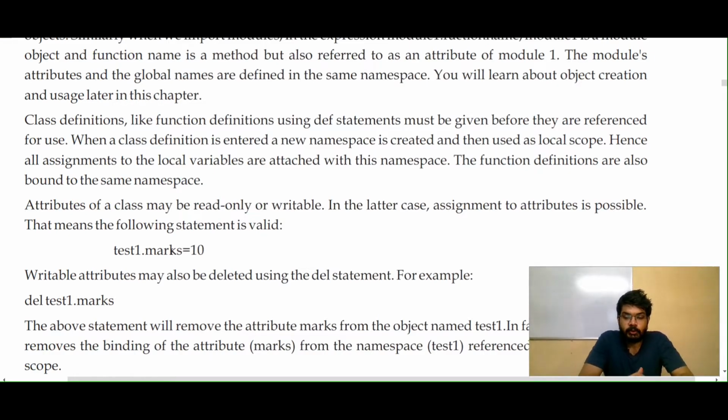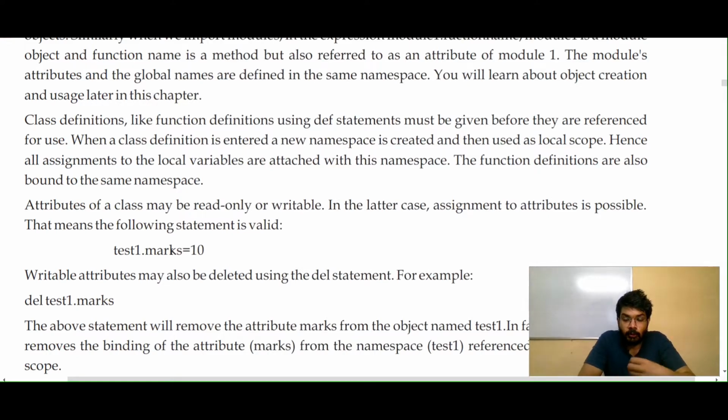By accessing these methods or attributes, you are actually utilizing the properties of the class. This is quite clear. Now, there are certain attributes that can be modified within the class, and there can be certain attributes that are just read only, that is, you can't modify them.